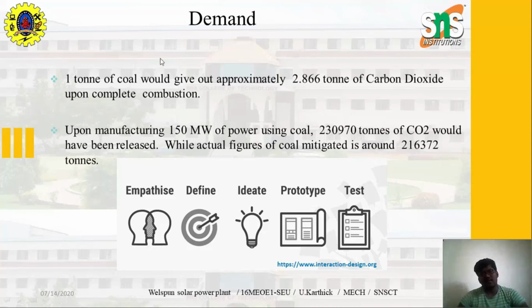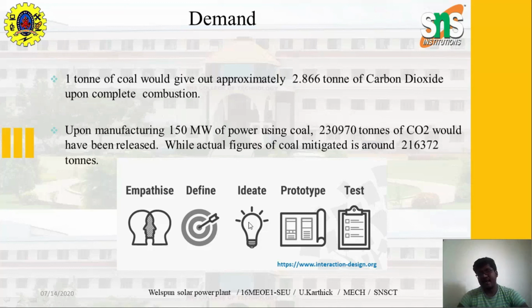So in this case study we are going to incorporate design thinking. In design thinking we have 5 stages: empathize, define, ideate, prototype and test. In the empathize part, we have gone through the basics of solar panels, and what are the difficulties in coal while producing the energy. We have gathered the information, right? So that is the empathy part. After that we have to define how we can rectify the problem. That is, we need to minimize the CO2 level, right? Global warming is our main objective. So that comes under define.